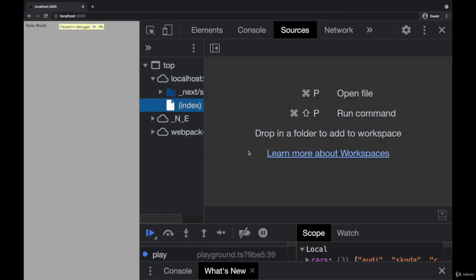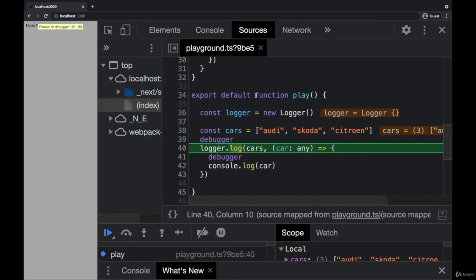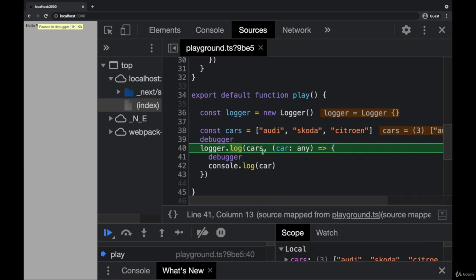When you are stuck here and don't see anything in the source, just click on this arrow. All right, and you can see where you are. As our code is executed, first we are creating, of course, the logger instance. We are calling logger.log. Of course, logger.log will pass here the cars and a callback. So now we will get into the log